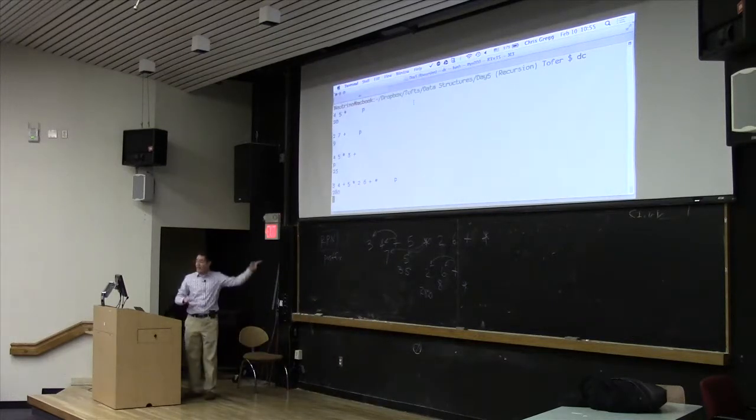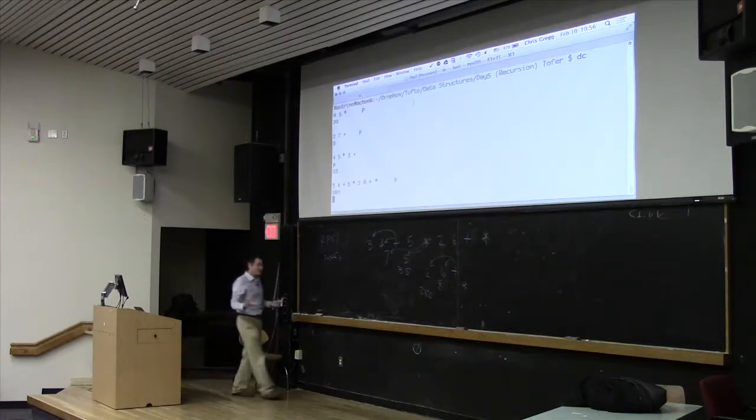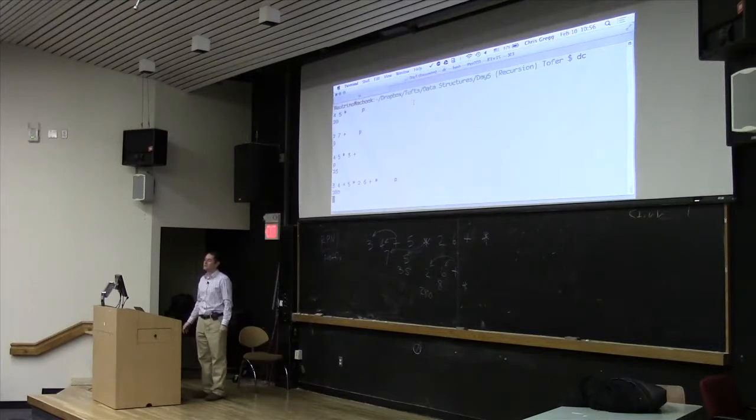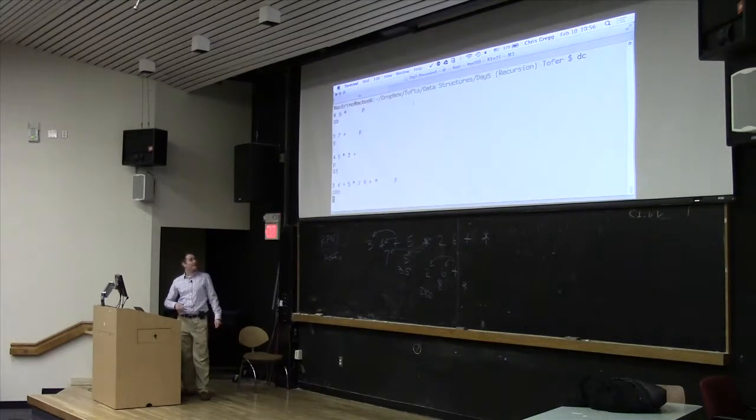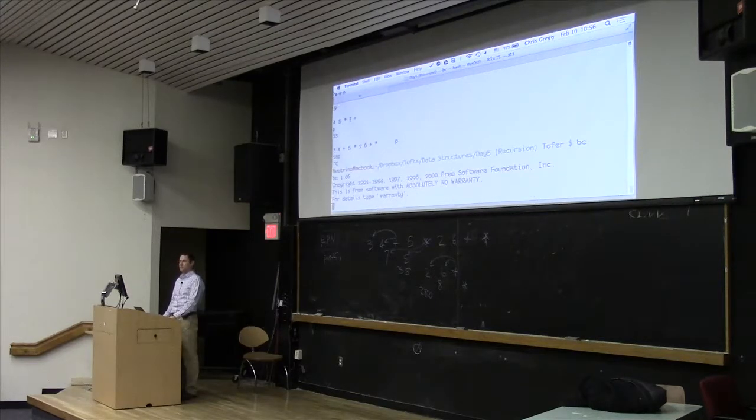All right. You see how that actually works? You can string these out forever. And somebody came up with this calculator. This, Bruce, do you remember what DC actually stands for? Desk calculator. There you go. And you can do these functions like this. Okay? There is another version of the calculator called BC, which probably stands for basic calculator or something like that, maybe. I don't know.